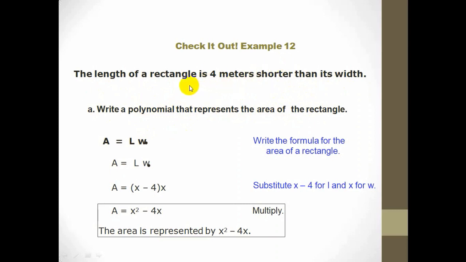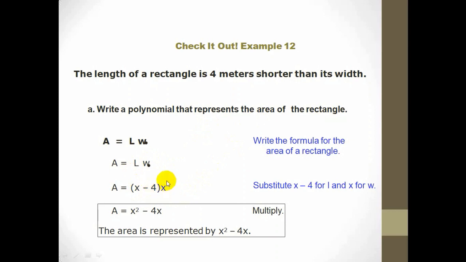number 12, in this video lecture, I would like to tell you how to write a polynomial that represents the area of a rectangle, the area of a square, the perimeter of a rectangle. So the area of a rectangle can be written as length multiplied by width. Suppose the width is x, then the length will be x minus 4. Now x represents the width and x minus 4 represents the length.